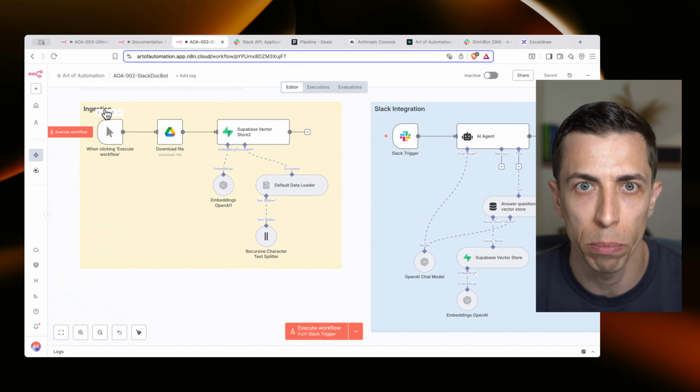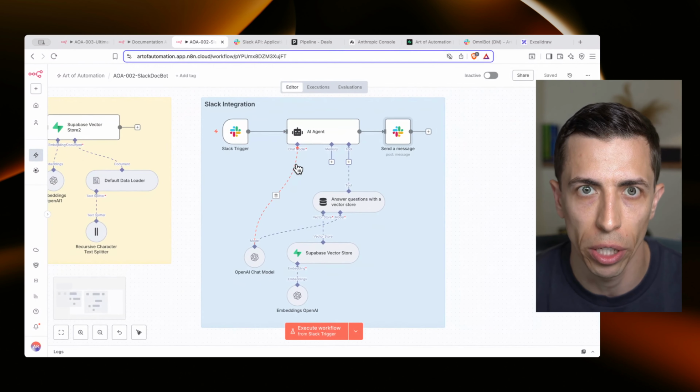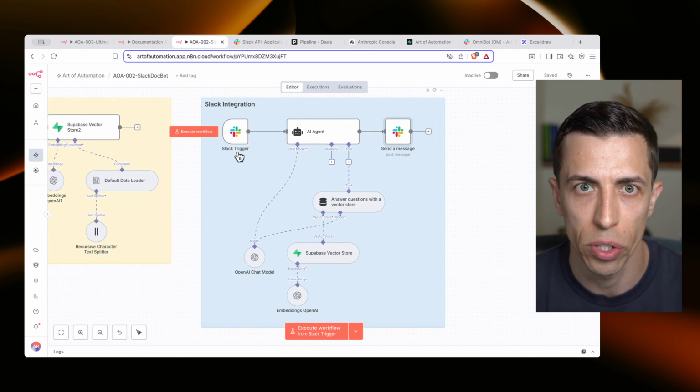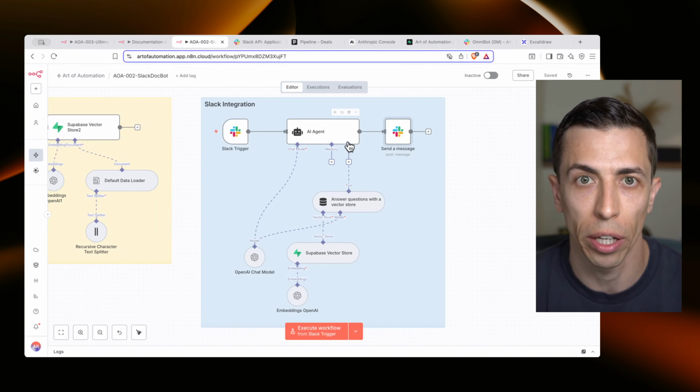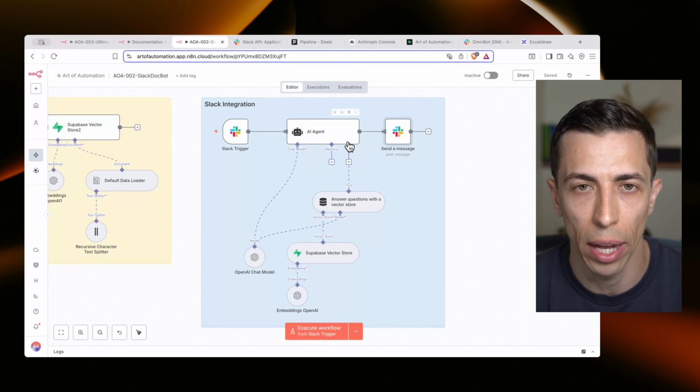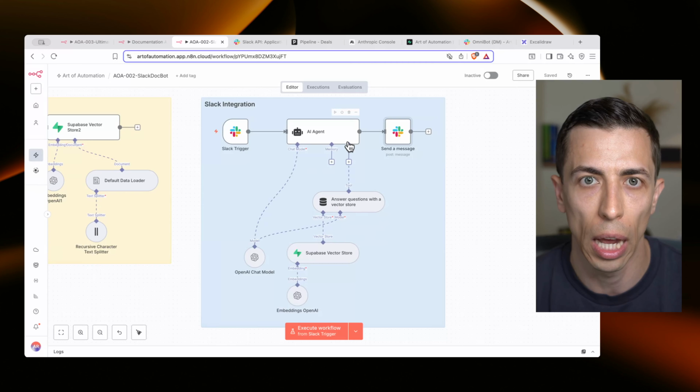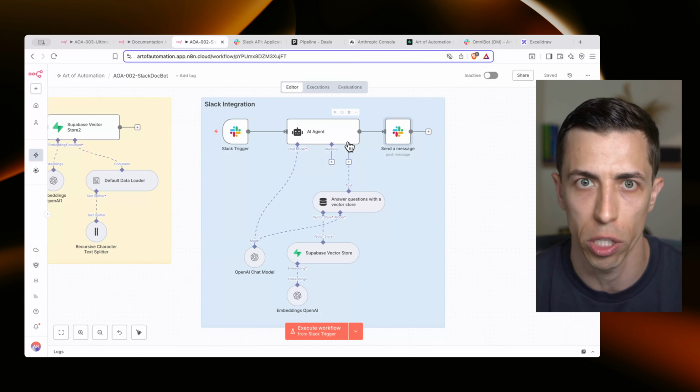In the last episode, we built an agent that references documentation from Google Drive. We built an ingestion process. We built a Slack integration that is able to connect to Slack, trigger from Slack, and answer the questions. But today, what we're going to be talking about is how to build a system and extend that to a multi-agent architecture